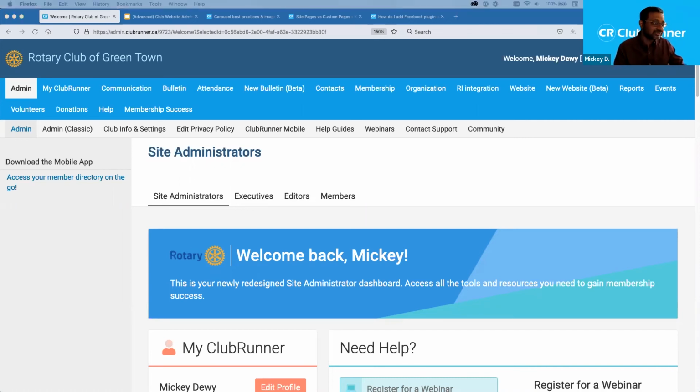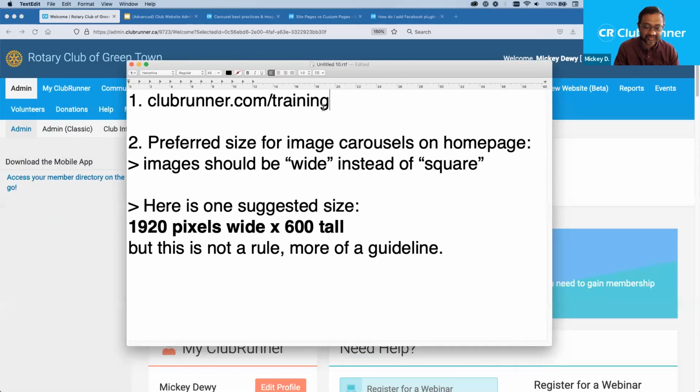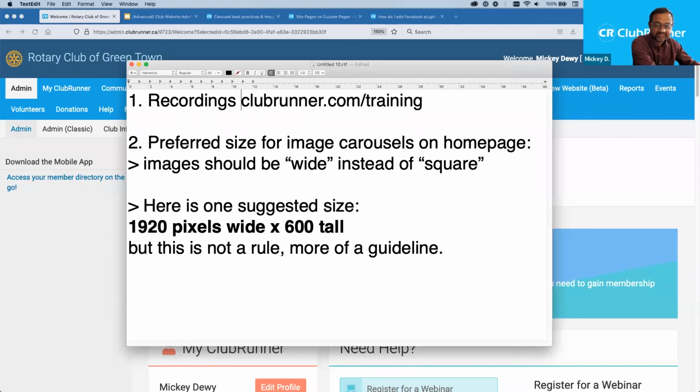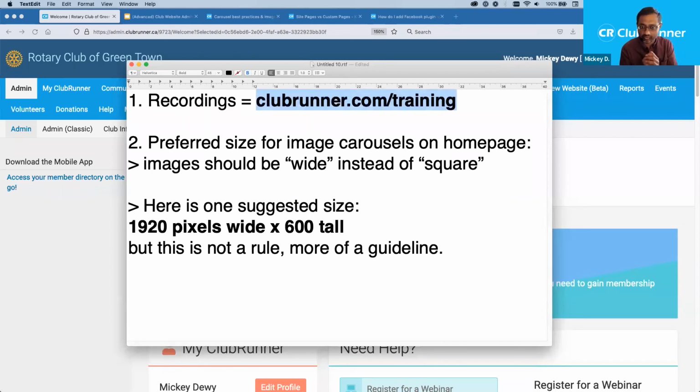I'm going to get to something that's kind of a popular question. I just made a notepad file of some of the big stuff so you could see it clearly. Where do you get the recordings? Everything is being recorded, and that's great. Where do you go to find the video recordings? So you're going to go to